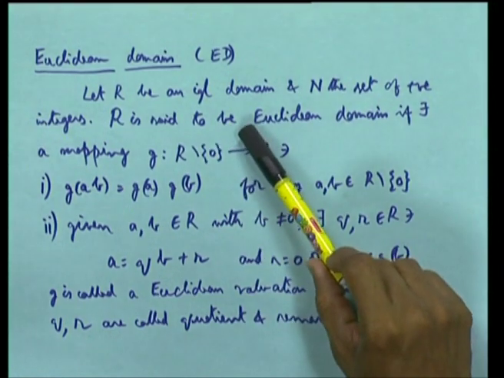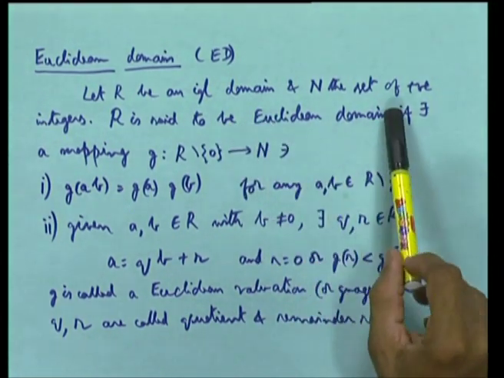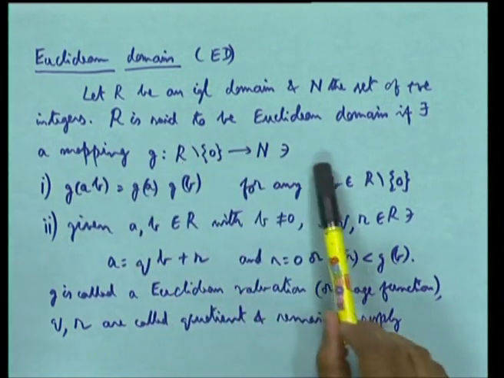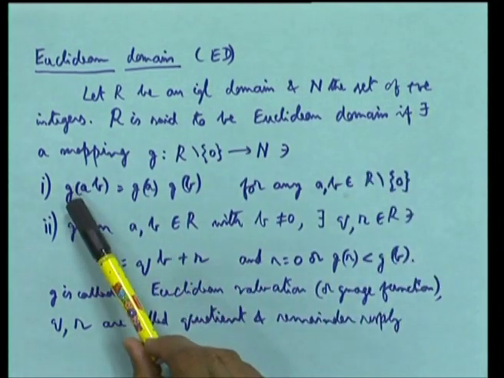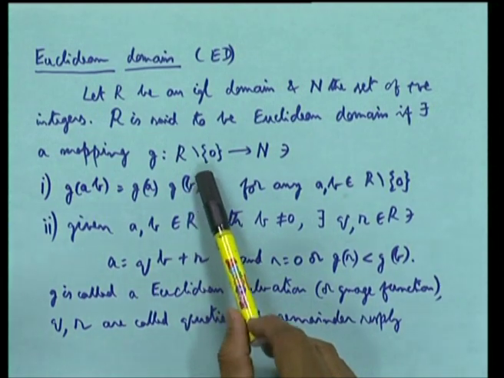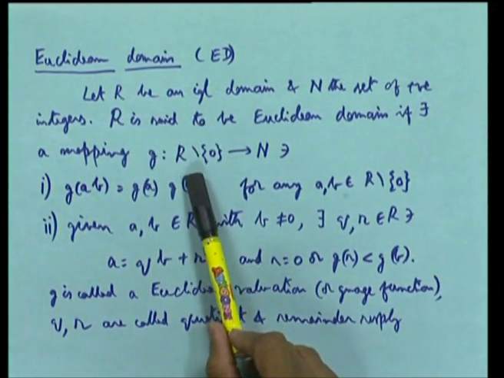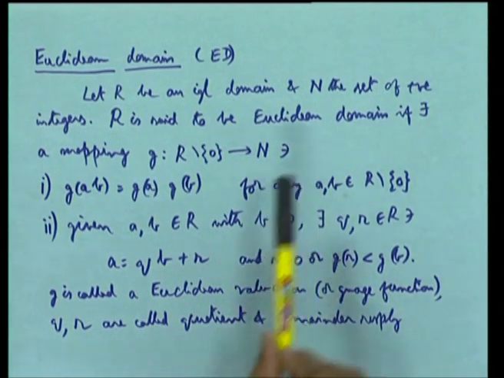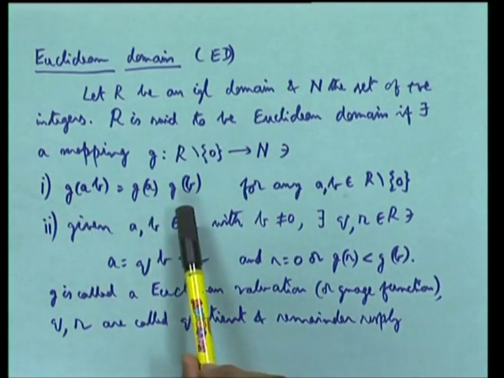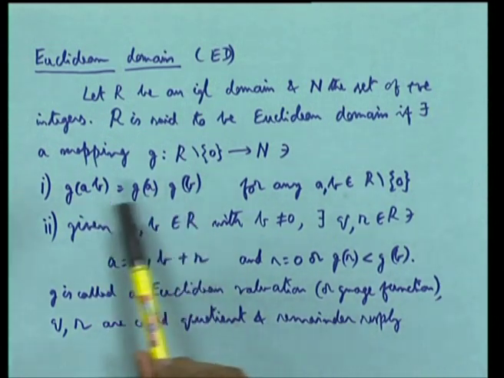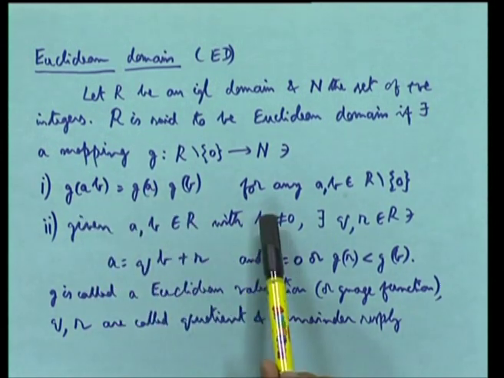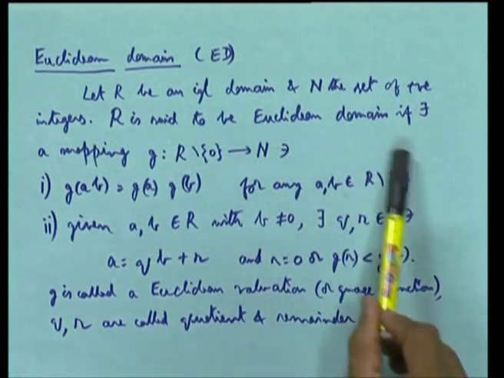Next, we define the class of Euclidean domains. To be precise, we define a Euclidean domain. Let R be an integral domain and N the set of positive integers. R is said to be a Euclidean domain if there exists a mapping d from the set of non-zero elements of this ring, that is R minus singleton 0, to the set of integers, such that d of ab is d of a into d of b, d preserves the products, for any a, b coming from the set of non-zero elements of R,